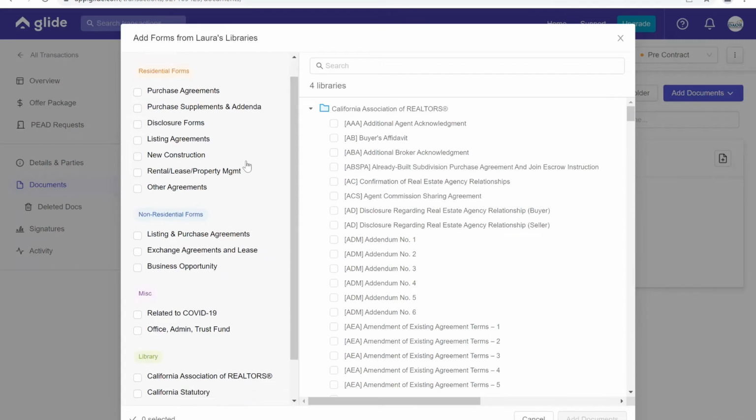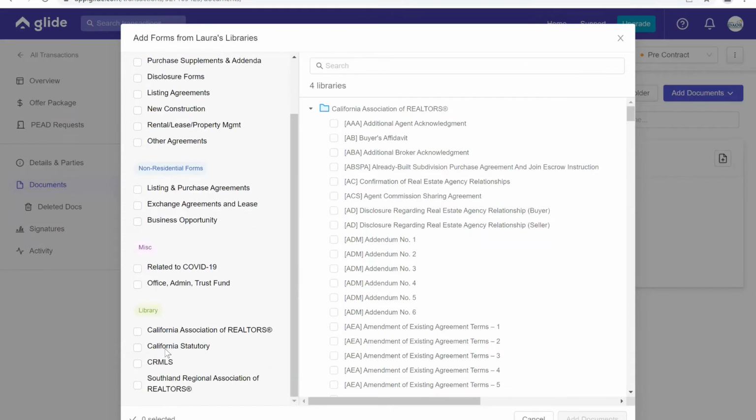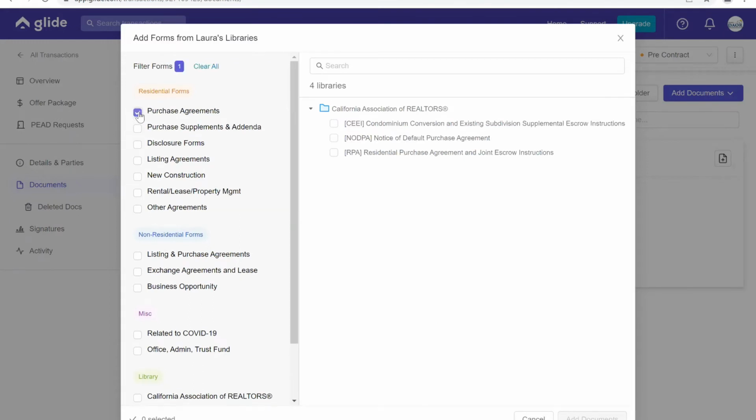There we go. Any non-residential forms, any miscellaneous, any libraries. These are the libraries that are offered to you guys. If you want to filter only through these, only the CRMLS library or the California Association, which is the CAR. Let's say right now we're gonna go ahead and look for a purchase agreement to add to this listing. We'll go ahead and use the residential purchase agreement, and on the bottom